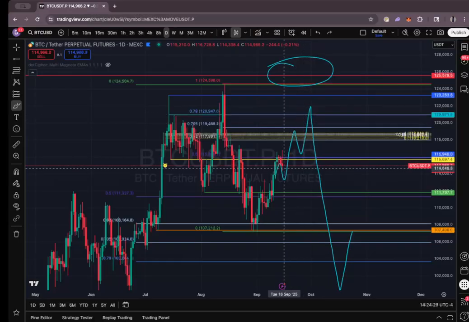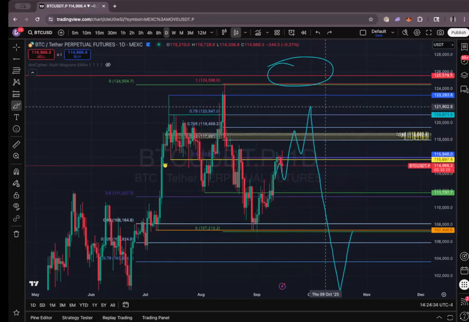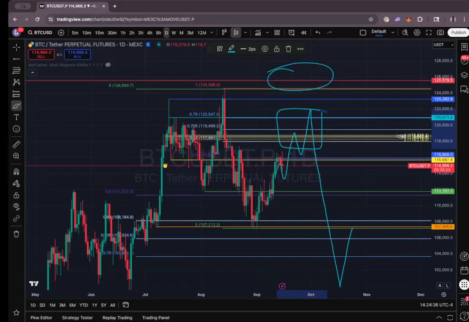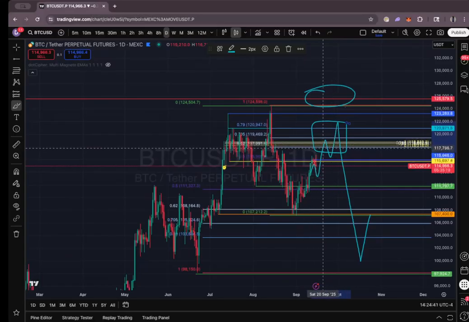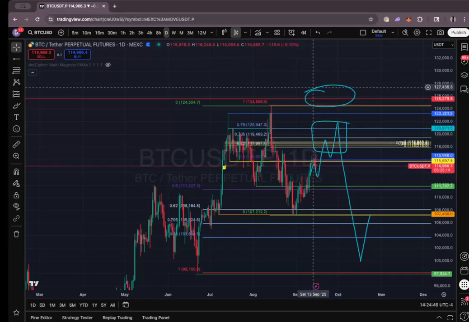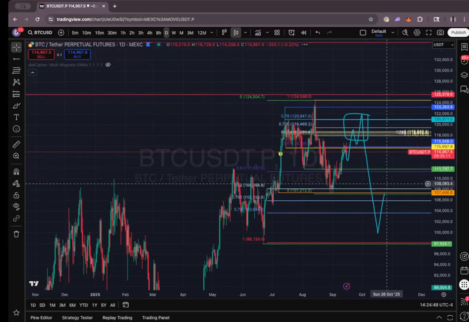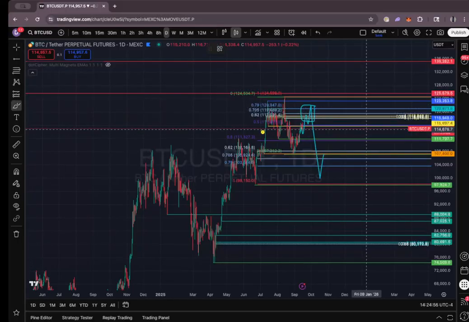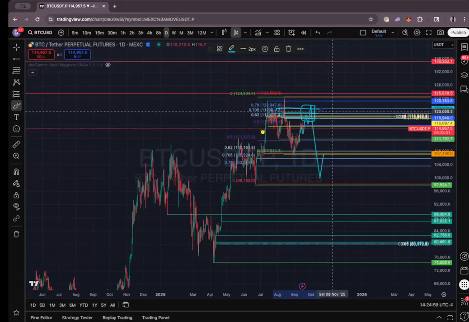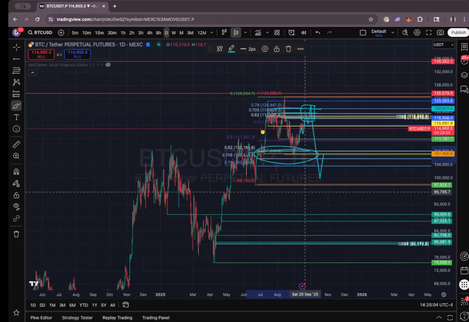If you're long on this range, this is actually a terrible spot to long, to be honest, because we're literally about to tap the bearish high time frame levels, right? If you want to scalp it, sure. But if we cannot close above 117 on the weekly, Bitcoin is done, guys. It's over. This is the all-time high. Period. End of sentence. That's it. So I am shorting this. I'm going to be adding to my short as we push up above 120. I have layered limits, as I mentioned, all the way up. And I expect this to break the low again and continue the bearish structure against 107.